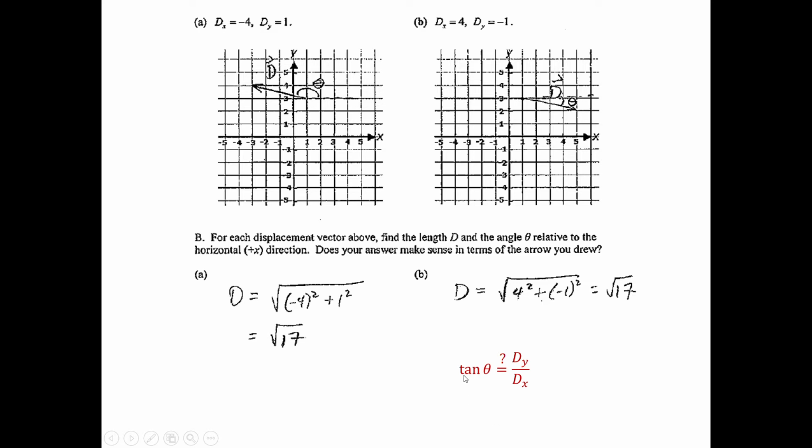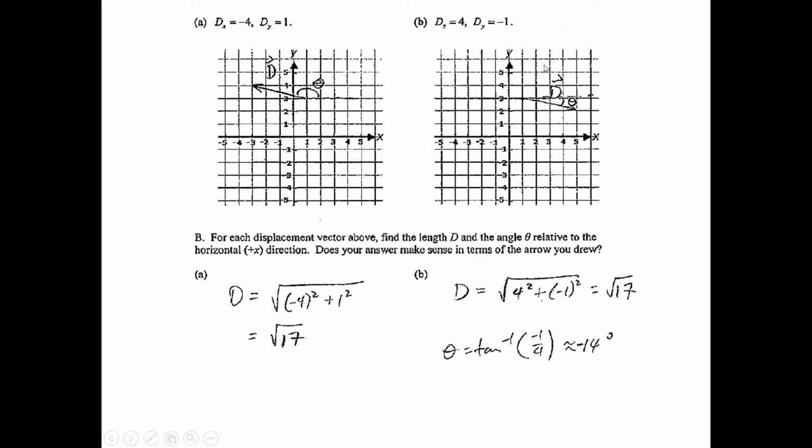The question is, can we write down this relationship, tangent of theta is equal to the y component of d over the x component of d, with the signs thrown in there, and expect to get the correct angle by taking the inverse tangent of both sides? So once we found out the components, can we just take the inverse tangent of dy over dx? And if we do it